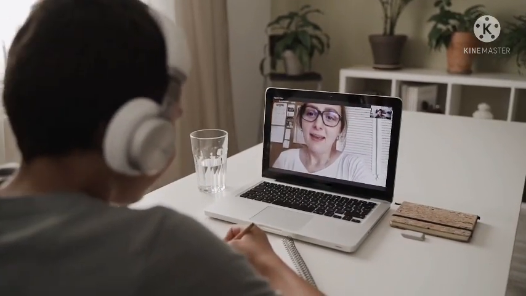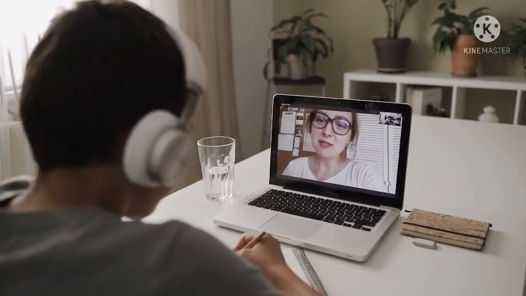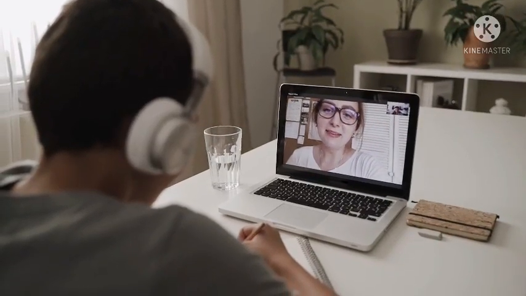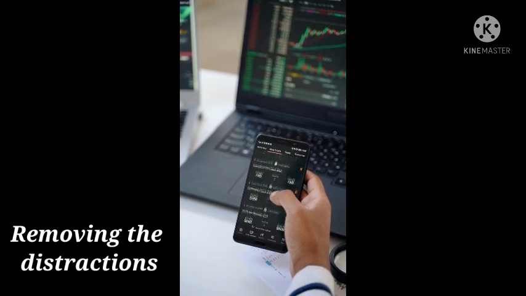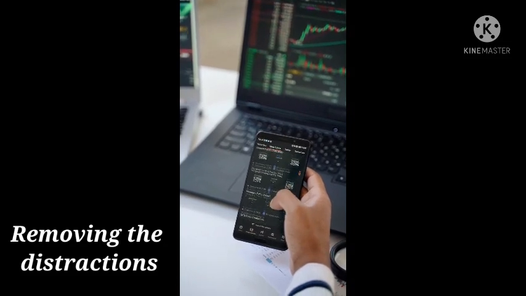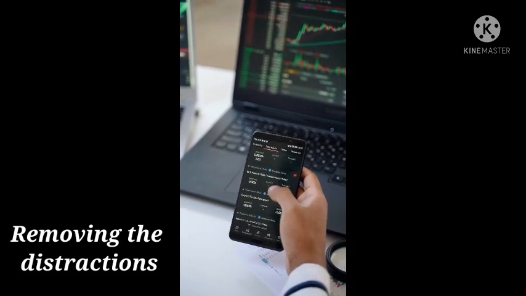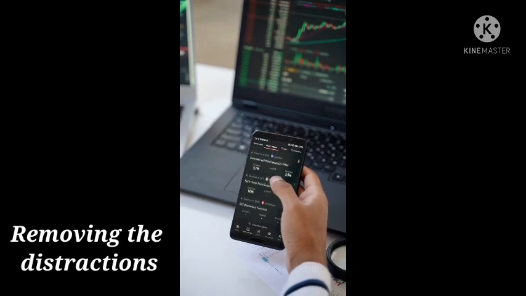Firstly, it ensures that you actively listen to your teacher, then it requires you to think about what you are writing, so you better understand the topics. And also, your fingers will be on your notebook rather than on your phone screen, scrolling YouTube, watching WhatsApp, and many other distractions.